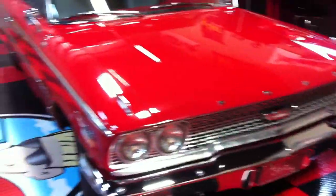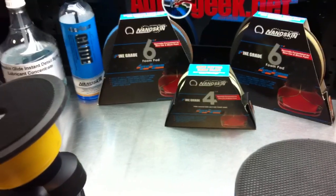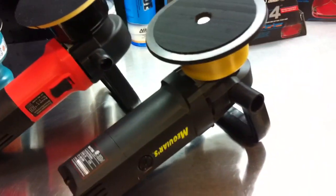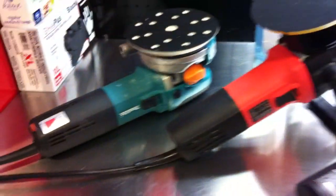Mike Phillips down here at Autogeek Show Car Garage. This is a 1963 Ford Galaxy, and when it came in it was fairly well contaminated, and I decontaminated the paint using the Nanoskin Autoscrub Pads, and basically just showed how to use 4 different types of tools: the Cyclo Polisher, the Flex 3401, DA polishers like the Meguiar's G12, the Griot's Garage 6-inch dual action polisher, and the Makita BO 6040. And then after I decontaminated the paint, I hit it real quick with